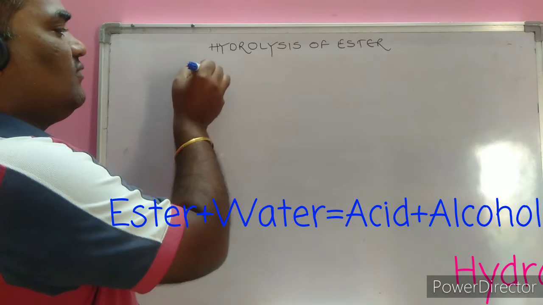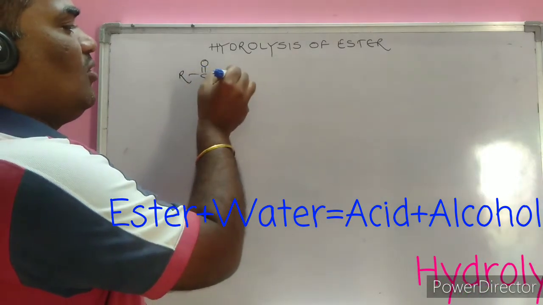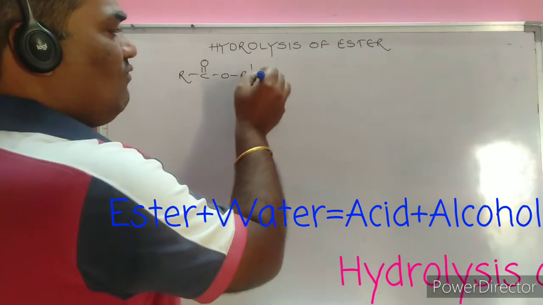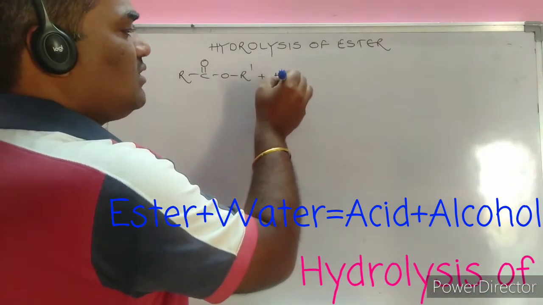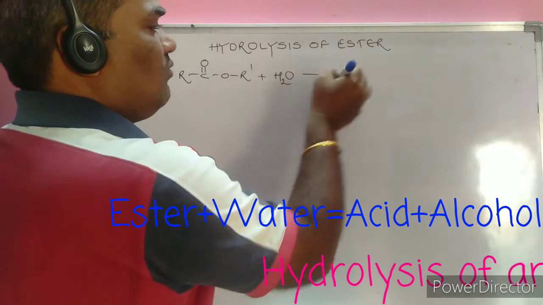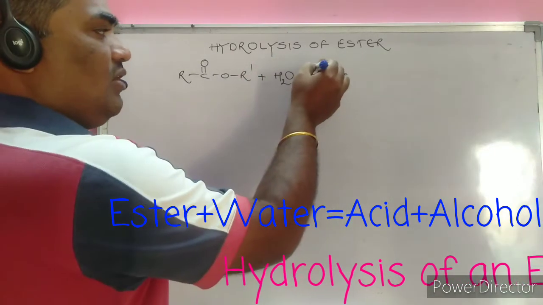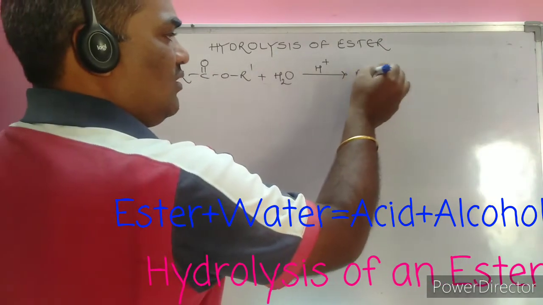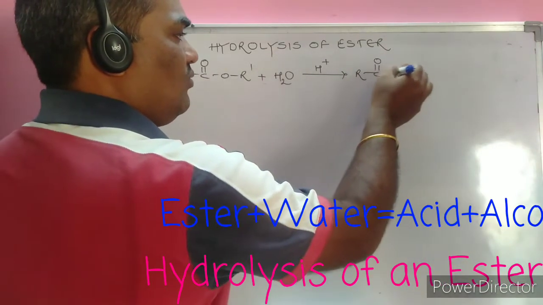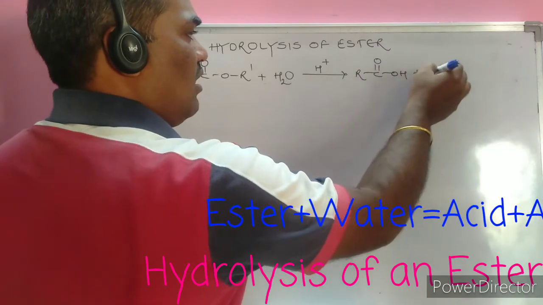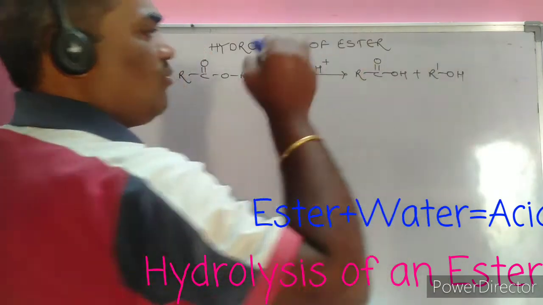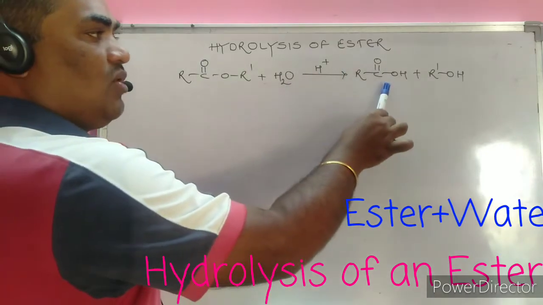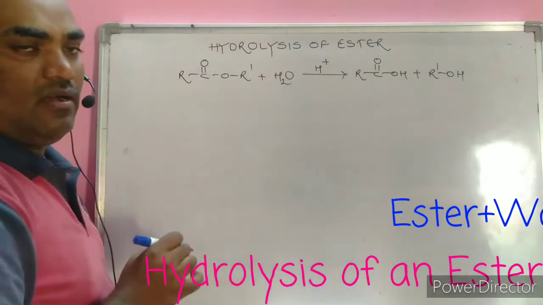this hydrolysis of the ester R C double bond O R dash, in order to distinguish both the alkyl groups, on hydrolysis with H2O. What happens in the acidic medium, let us suppose, or the basic medium? Here what should be the formed one? R C double bond O OH plus R dash OH is the formed product, meaning ester on hydrolysis forms carboxylic acid as well as the alcohol.